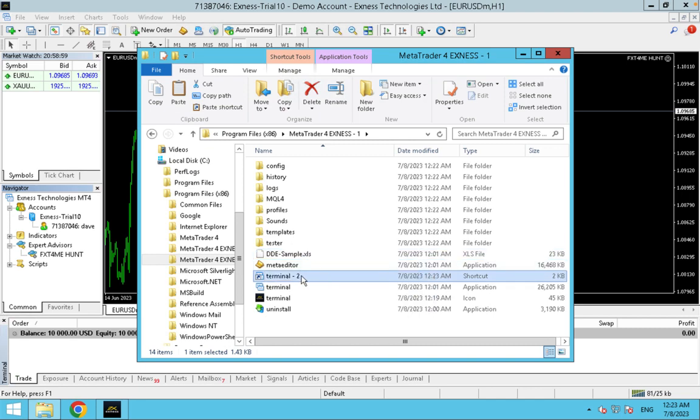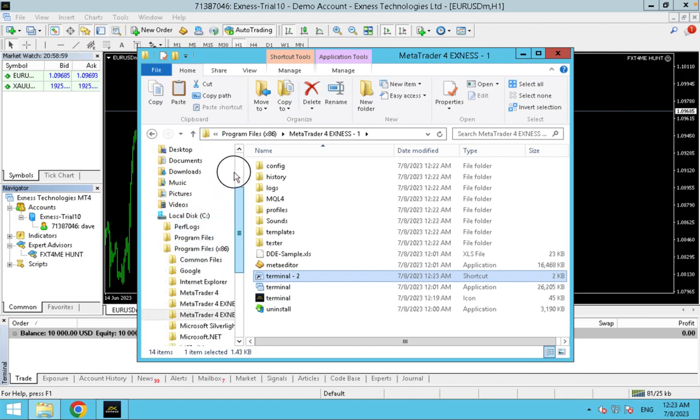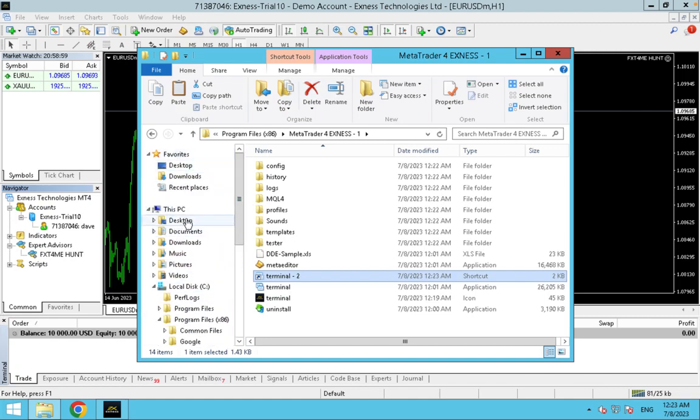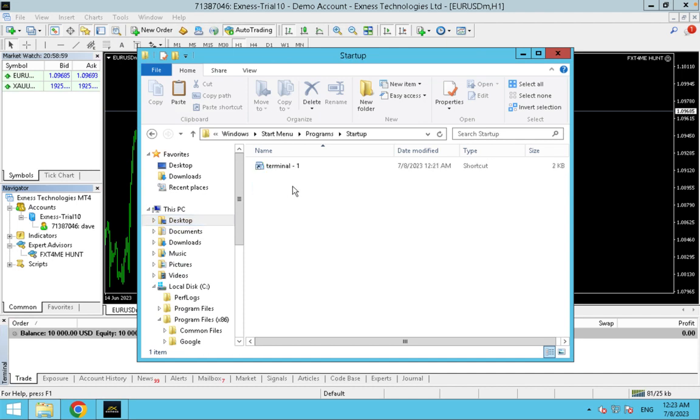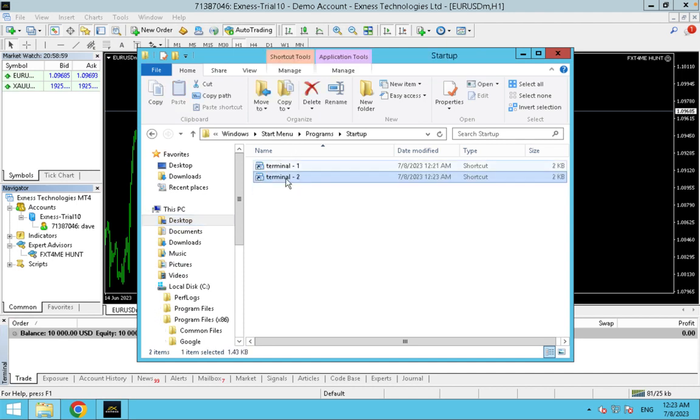Now the reason why I'm doing this, then you cut, is that if peradventure there is a server upgrade, irrespective of the server upgrade, you won't be affected. So you just come to here, then you paste. So once you paste all your terminals here, you are good to go. Anytime the VPS will start,